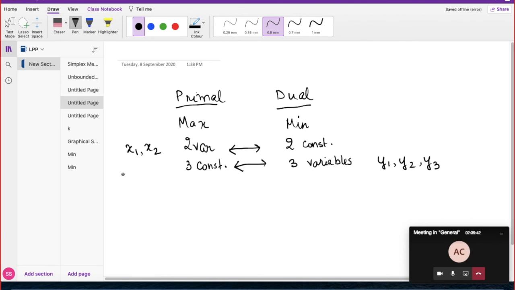Okay, so let us say there are these three slack or surplus variables corresponding to these three constraints, unless it is an equality constraint, so that is a separate case, then you will have an associated artificial variable with that. But other than that, if you have either less than or greater than equal to constraints, you would have either slack or surplus. Okay, so let us suppose we have these three slack or surplus variables here.